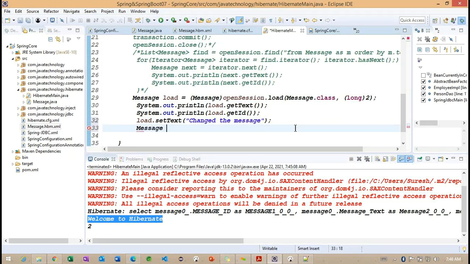Later, I'm creating one more object, the next message. Observe how I'm making a one-to-one relation here.